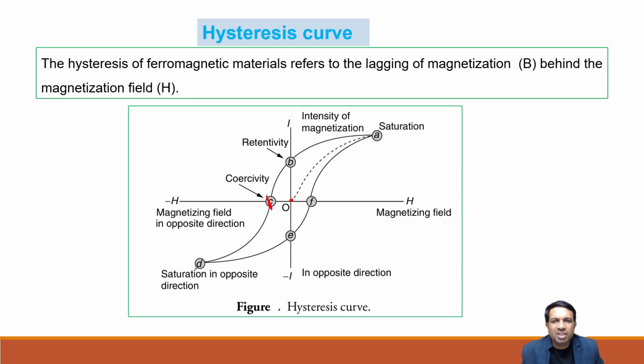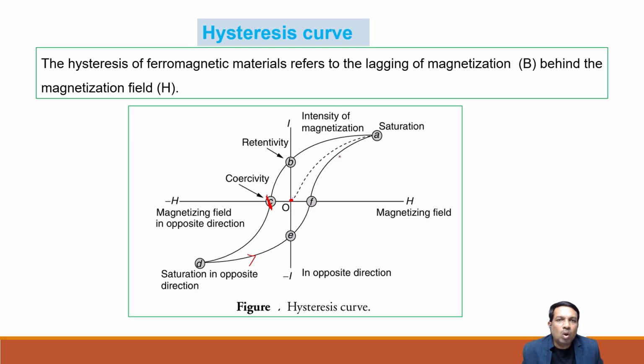Slowly it decreases and finally reaches saturation in the opposite direction. And when we increase again, it won't go in the same direction, it will take a different path. In this path it will move from B to E and E to F and F to A. So even though we decrease and increase in cycles, it won't take the same path. Like a loop it will form.